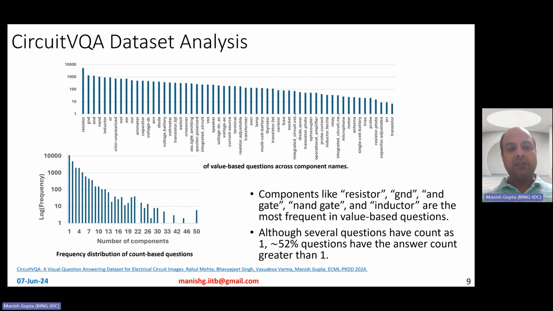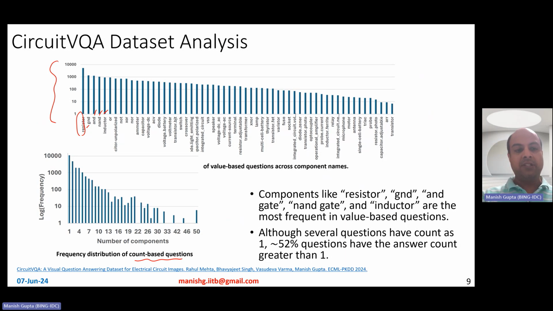Okay. So now, if you look at value-based questions, amongst those, resistors, ground, AND gate, NAND gate, and inductor are the most popular components in those value-based questions. Also, if you look at count-based questions,